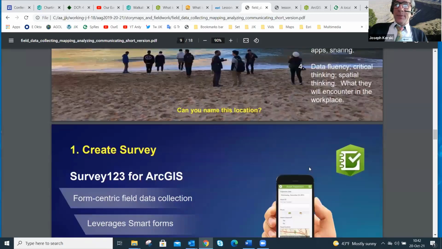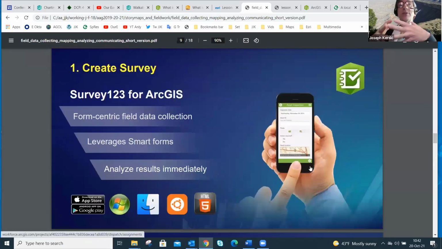Beautiful landscape. So the first thing is we want to create our survey. We're going to use Survey123 for the advantages that I talked about earlier. It's form-centric, not a lot of GIS knowledge required, and you can immediately analyze the results. There is an app that you can get for a mobile device, but you don't actually have to have your users use the app, nor do they have to be signed in to your ArcGIS Online organization to collect data.